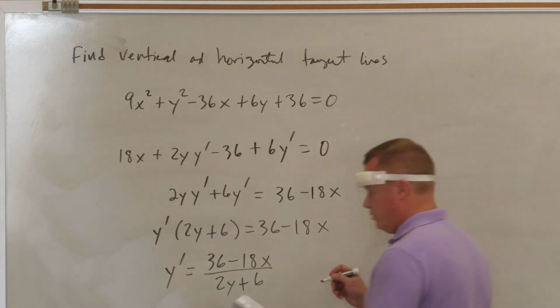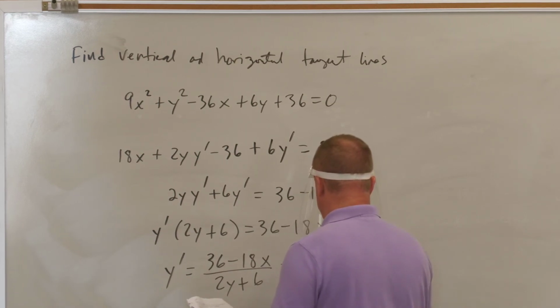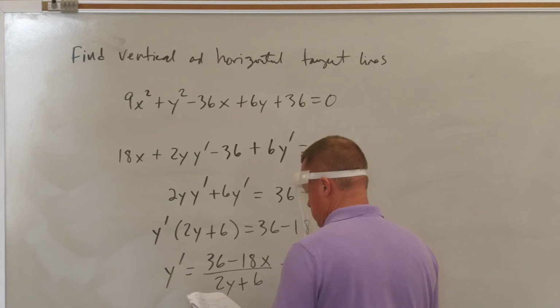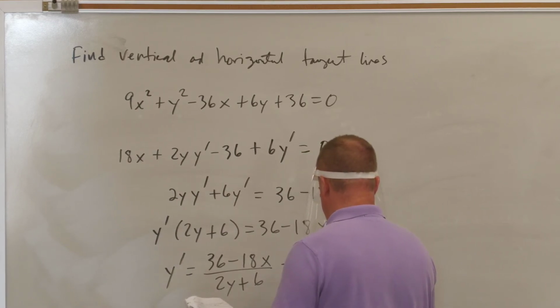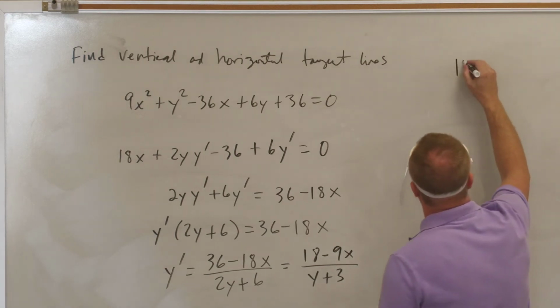I mean, we're not finding the derivative, but if you wanted to, you could reduce that derivative. You can divide the top and bottom by 2. So there is your derivative. Okay. So again, if I want to find horizontal tangents,